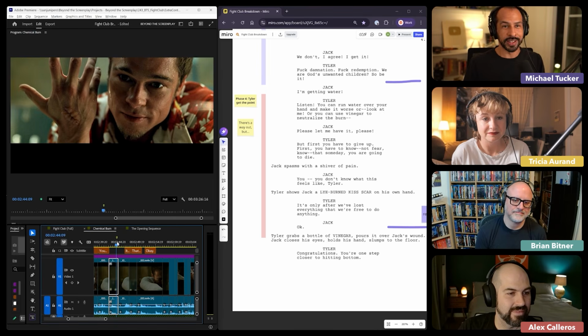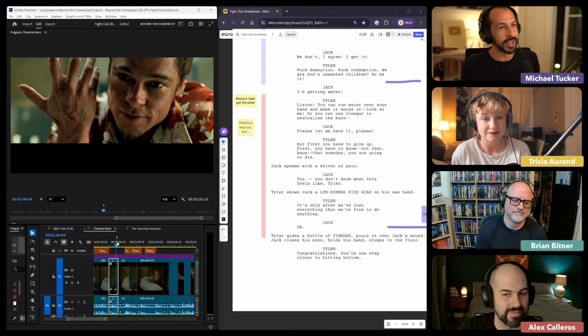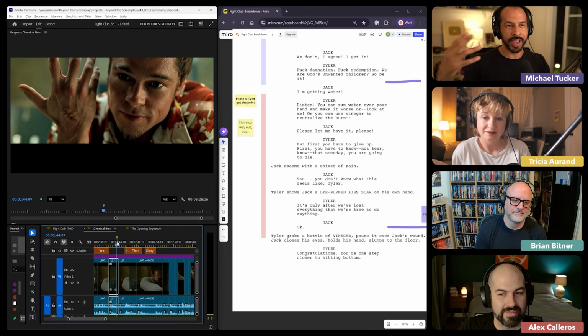And then again, like we were saying at the beginning, quick things that then lead to slowdowns. We've had this cacophony, this buildup, the slapping, the throwing, etc. for this last section when he's trying to make his ultimate point: first you have to know, not fear, know that you're going to die. Things are quieter, things are more still. We're on these shots longer, there's less editing, so it focuses the audience to this, and then we're getting